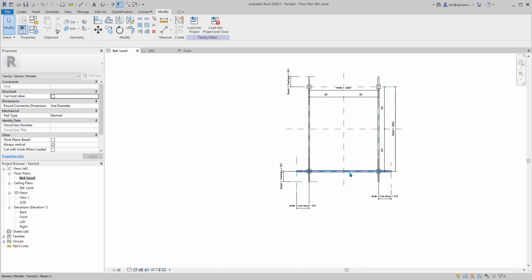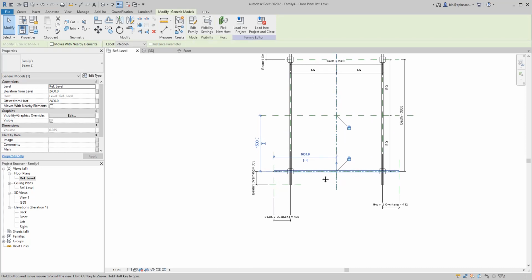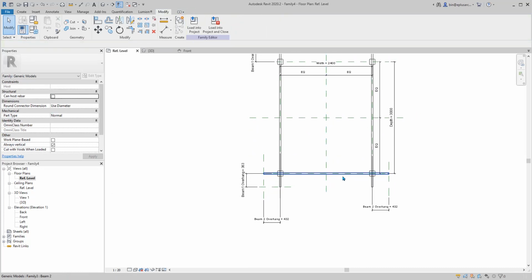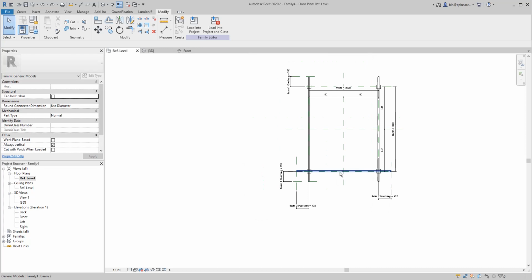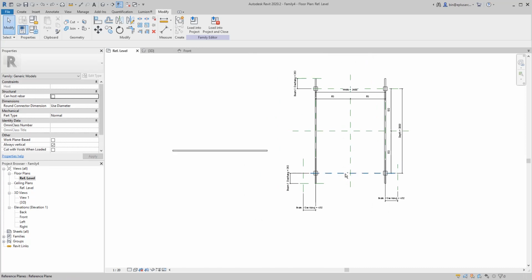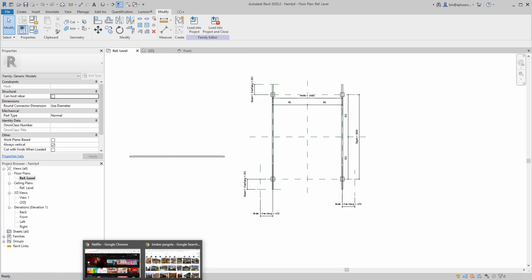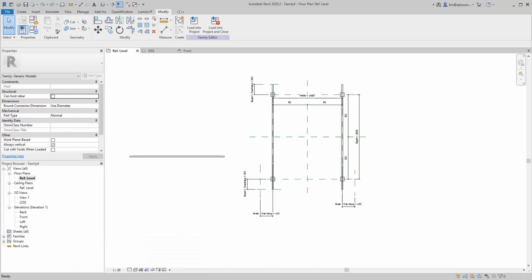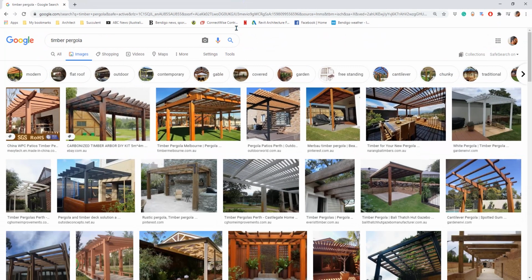Oh, hang on. I'll just Control Z. Let's go back. Okay, so because, oh, hang on. Where's my pergola? So